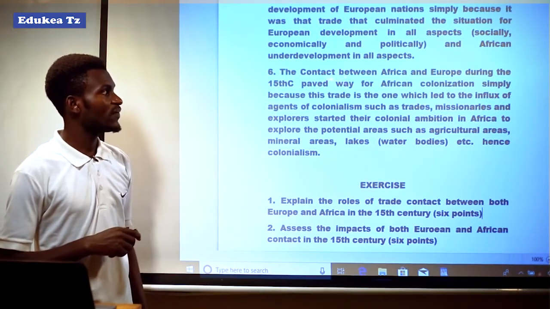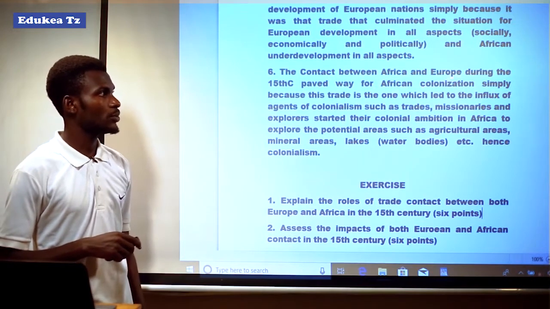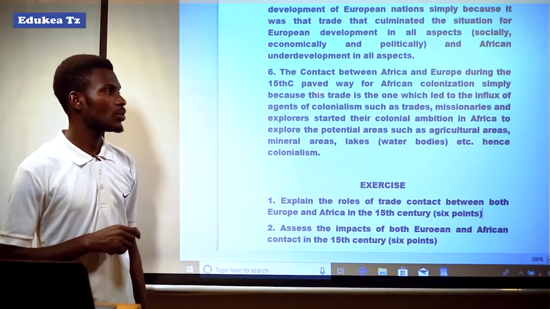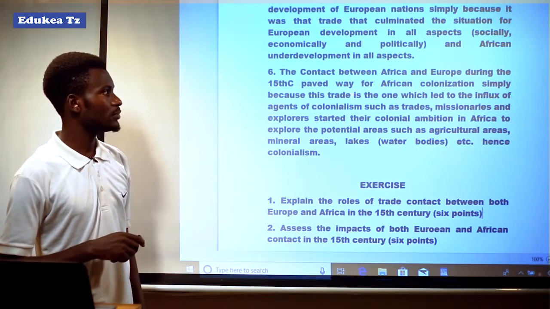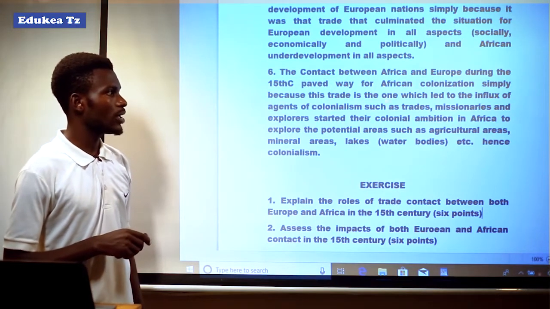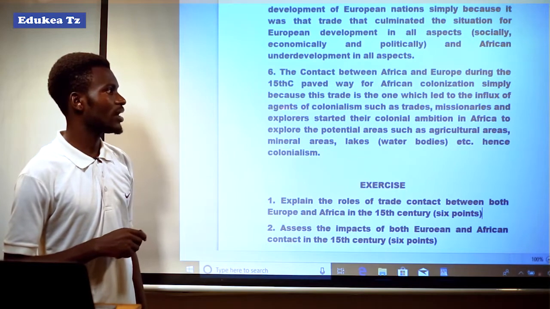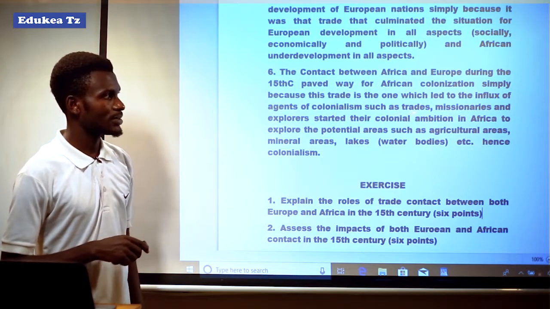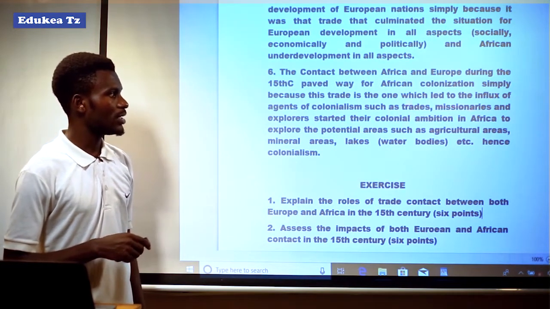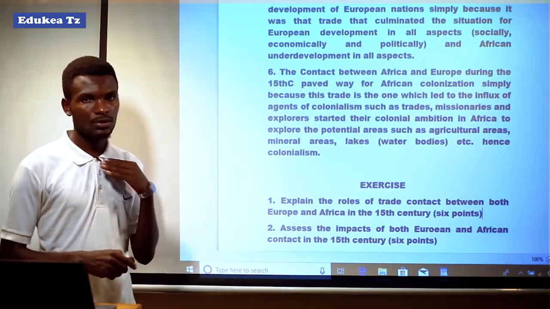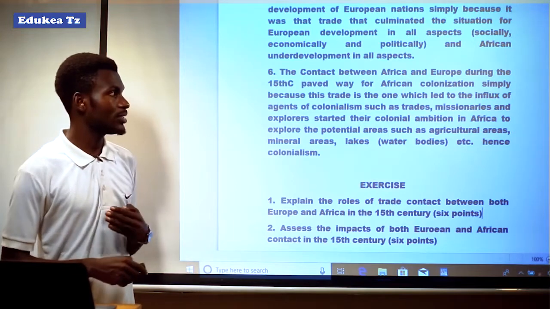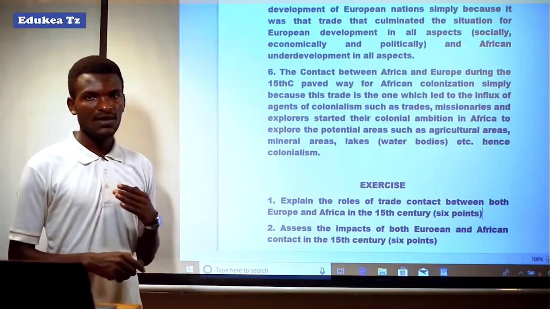Another impact of contact between Africa and Europe during the 15th century was that it paved the way for African colonization, simply because this trade is the one which led to the influx of agents of colonialism such as traders, missionaries, and explorers. To me, the trading contact between Africa and European societies in the 15th century paved